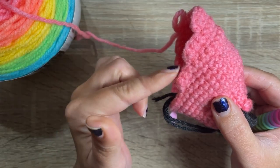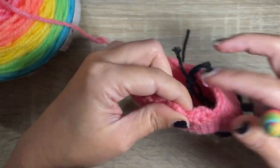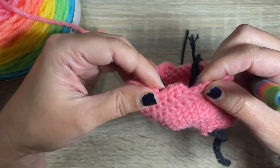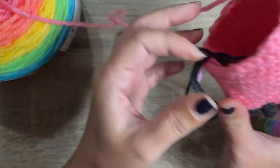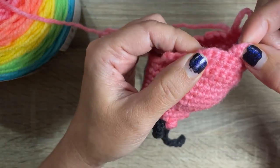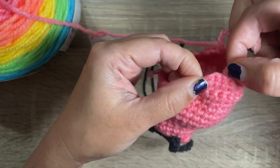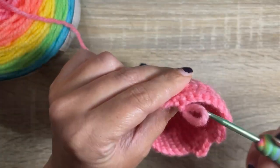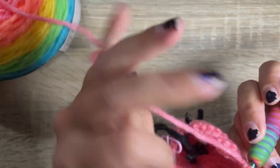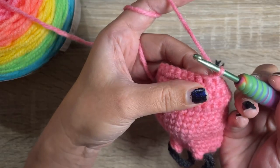You'll see we have kind of like these stair steps up on both sides. And when we work the last part of the short row, we're actually going to pull these ledges together, and it makes the top of the head curve down a little bit. Okay, so for our last row, I'm going to turn, single crochet 8,